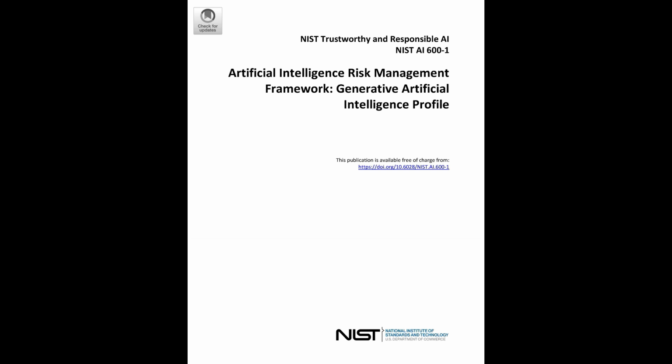Two risks left. Number 11. 11 is obscene, degrading, and/or abusive content. This is a really grim one. It's about GAI being used to create things like synthetic child sexual abuse material, CSAM, or non-consensual intimate images of adults, often called deepfake porn. That is incredibly disturbing. The potential for harm there is immense.